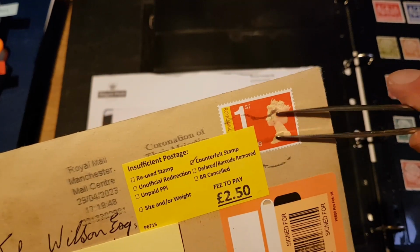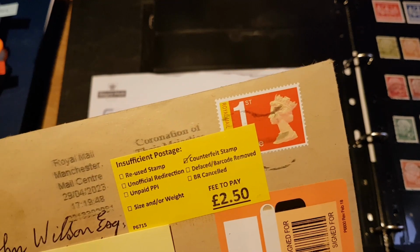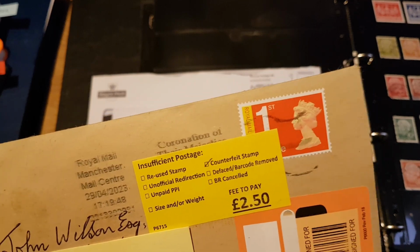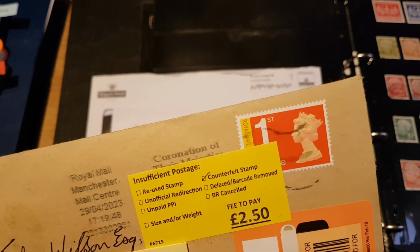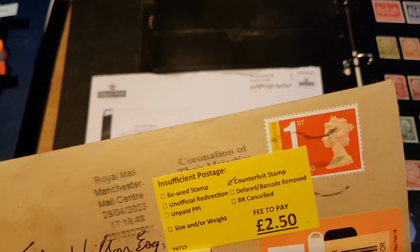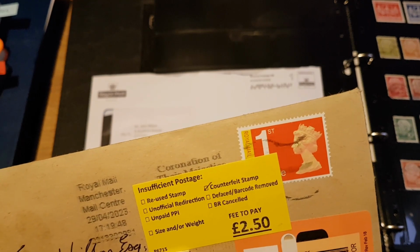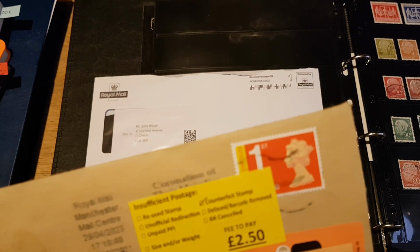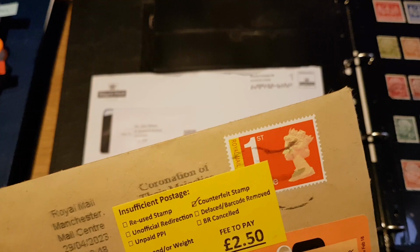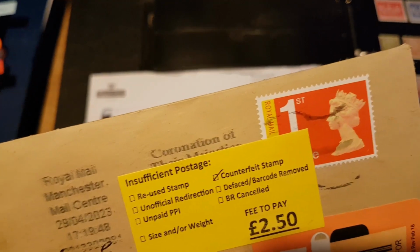These are from China, apparently. The guy said he'd bought these booklets from China. Now, he'd contacted eBay and reported the seller. And apparently the guy sold thousands upon thousands of these booklets. So yeah, if you bought any discounted booklets of stamps off eBay, Royal Mail, you know, caveat emptor, buyer beware, because